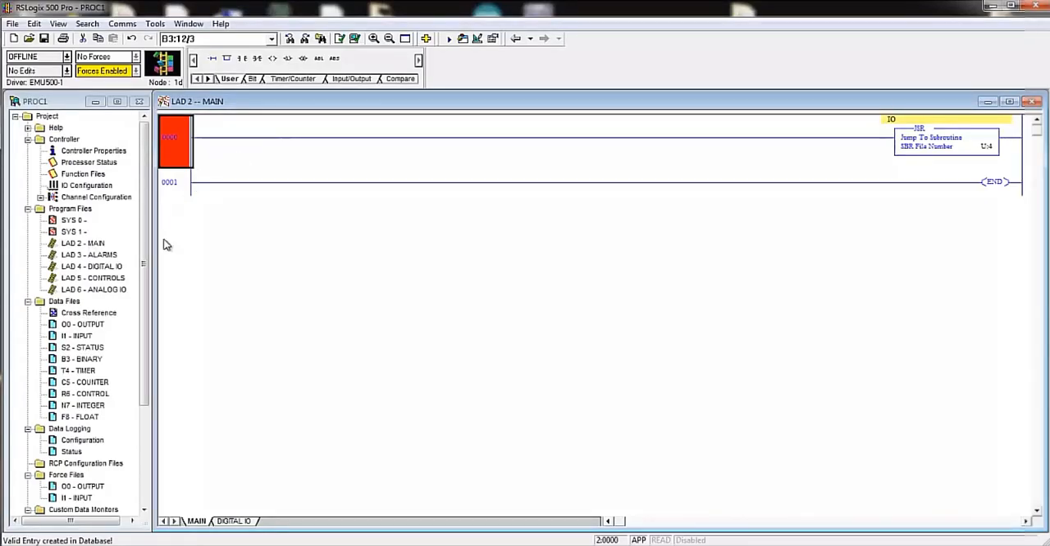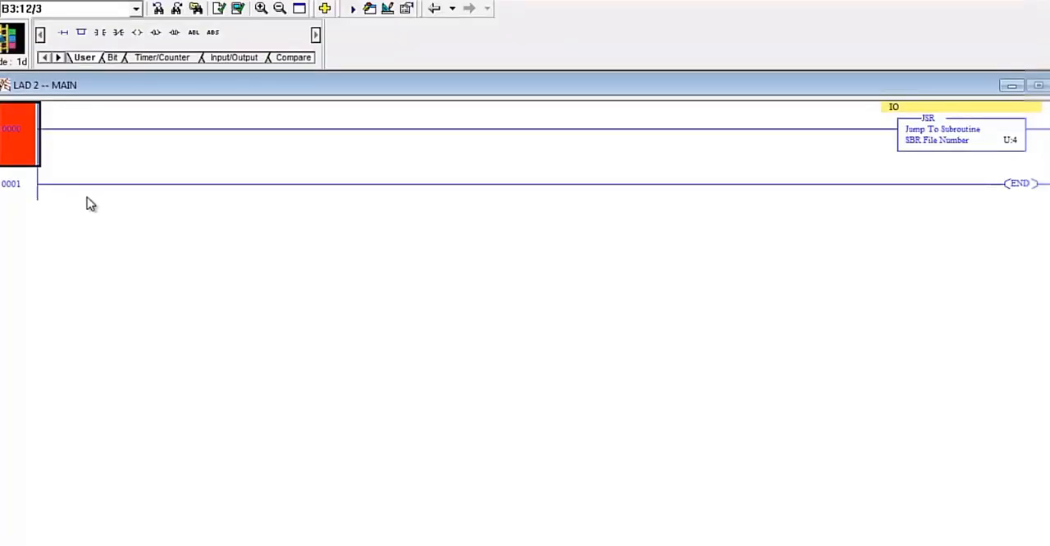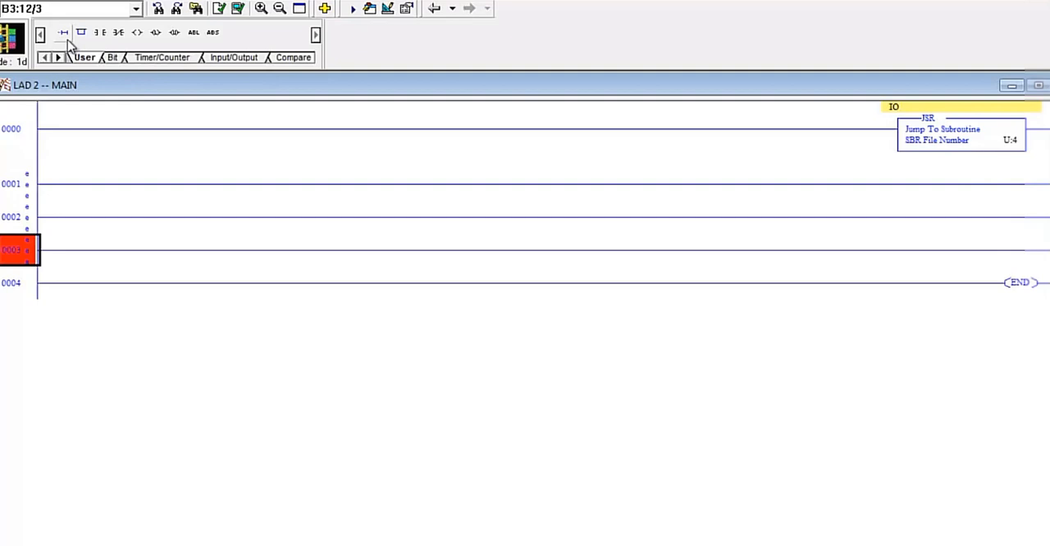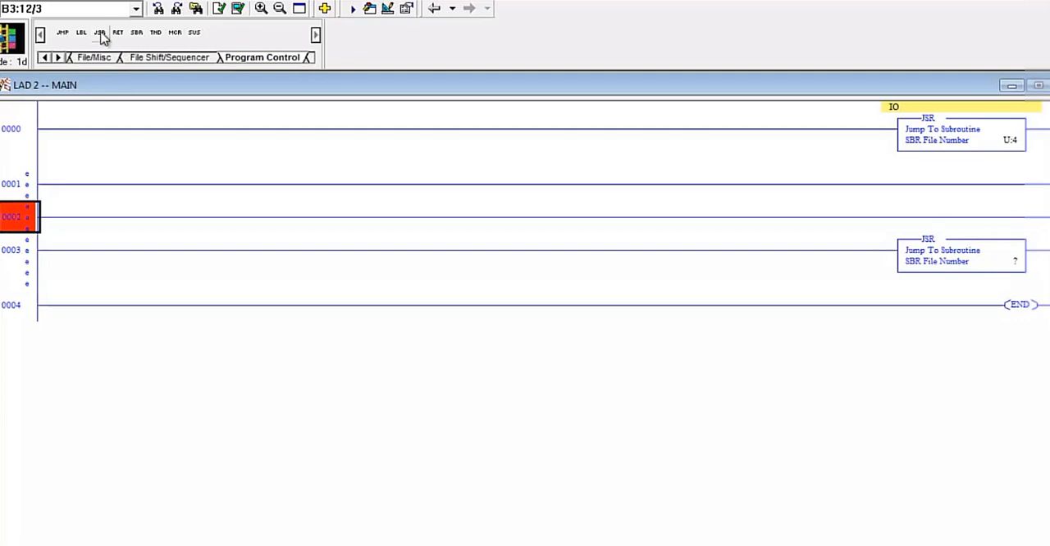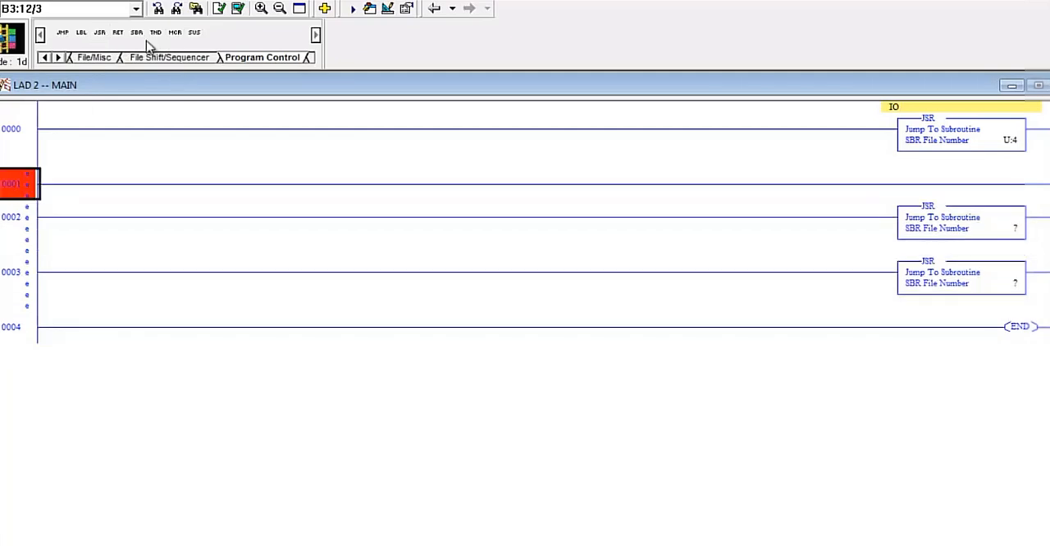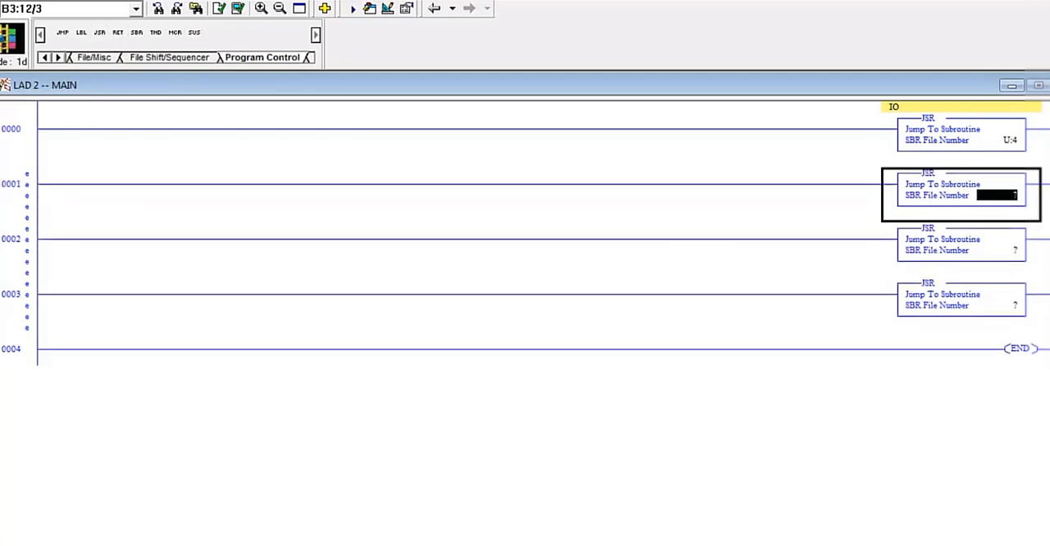So we look here, and we're only calling our digital I/O. We're not calling our alarms, our controls, or our analog I/O yet. So let's go ahead and put 3 more jump subroutines in here, and we come up to our menu that is located under Program Control. So we're going to put a jump subroutine on each one of these rungs, and we're going to go ahead and call